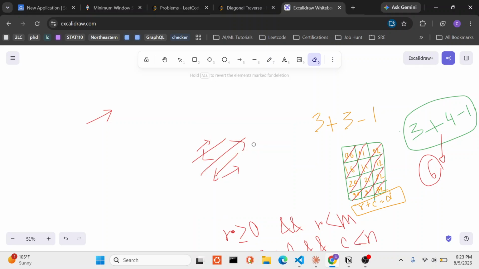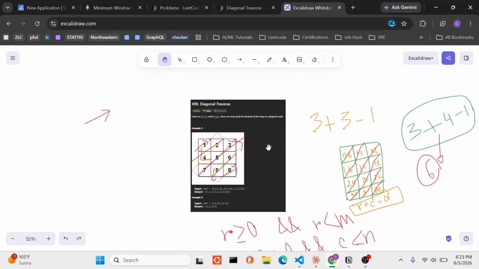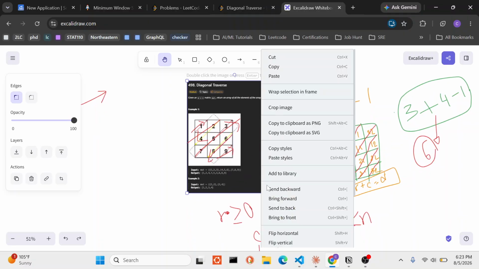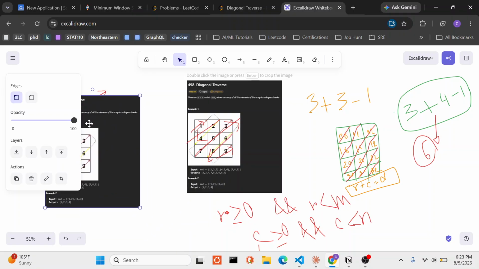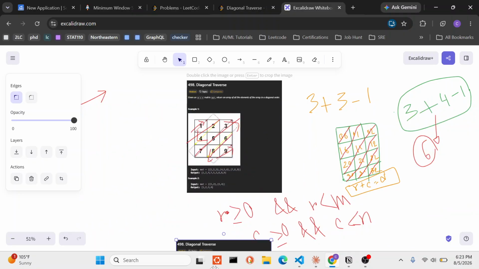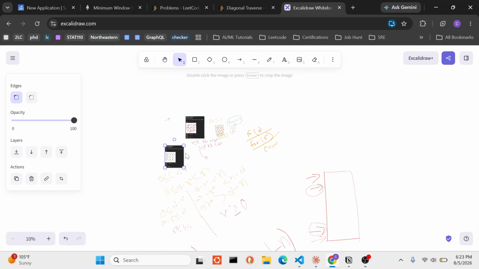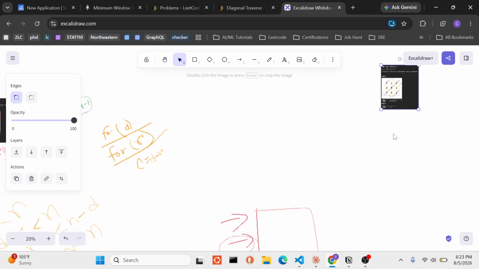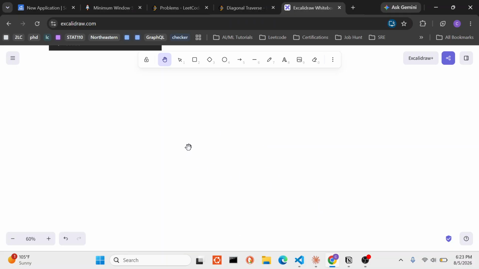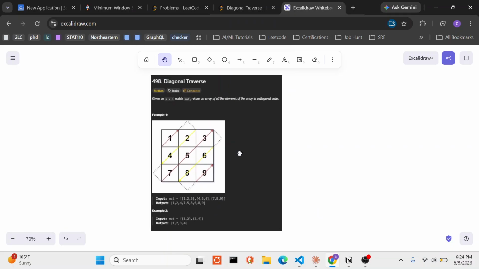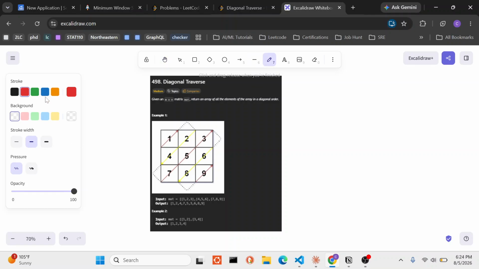Okay, let's take this. Let's take it to this side. No, let's take it to this side. So for this, for example, if you're going from this cell to this, we are basically doing